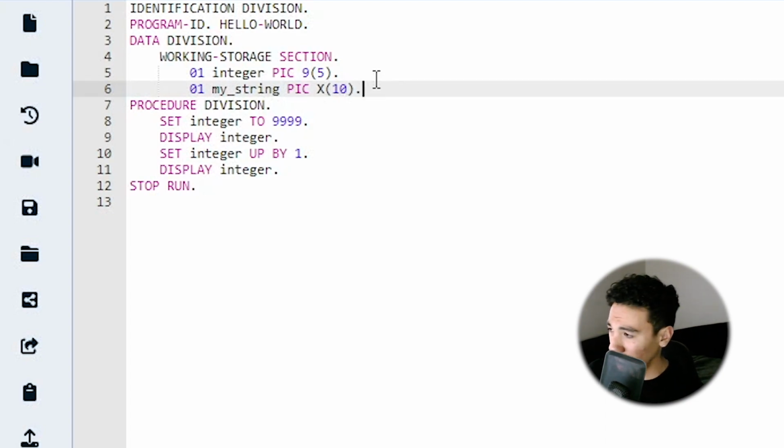Now, here's the thing. X means that it can be both letters and numbers. If I go back and I do A, that just means that it can only be letters, for alphabetical. My thing is, why would you ever do that? Why don't you just do X all the time? It might be more management. Okay, no, I just looked it up and they do take up the same amount of memory.